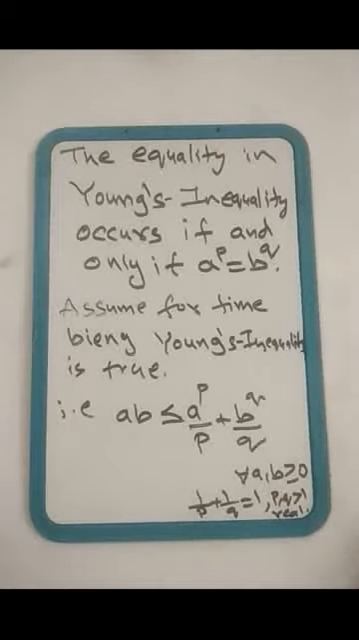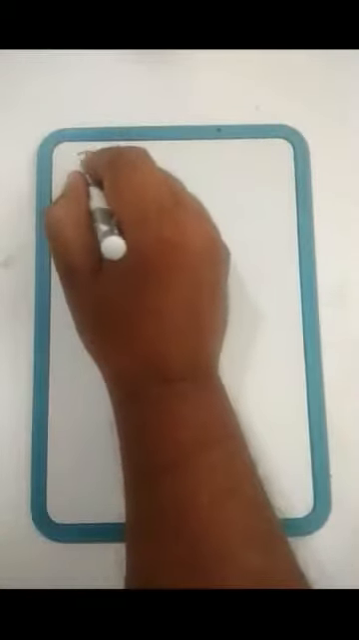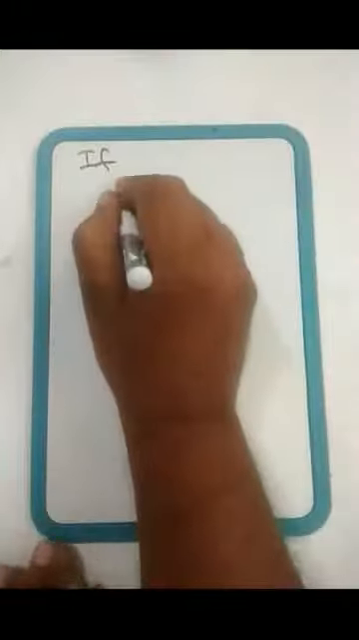So assuming this inequality, let's say the equality occurs. That is the only if part: a raised to p equal to b raised to q. So the only if part, let's show. If and only if, so if ab